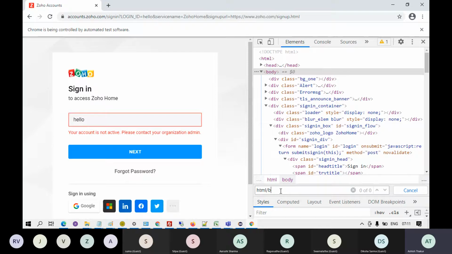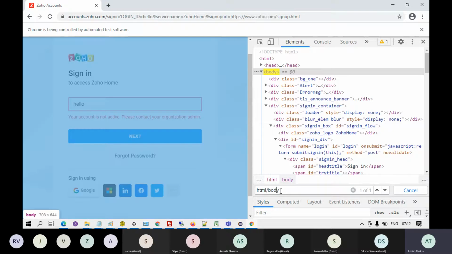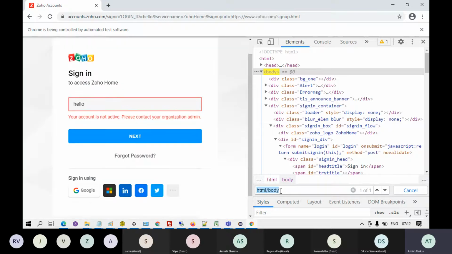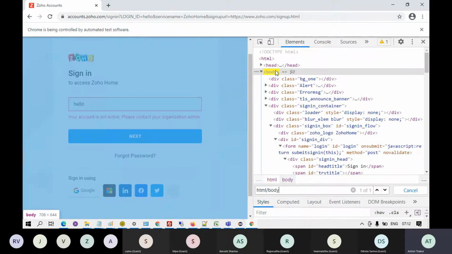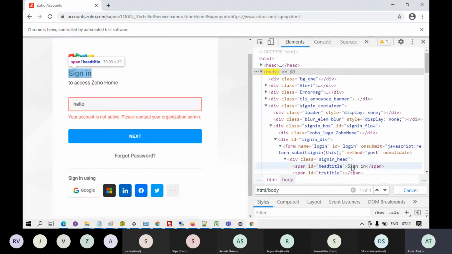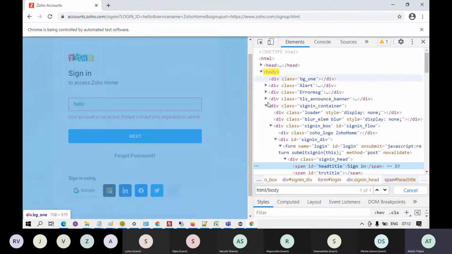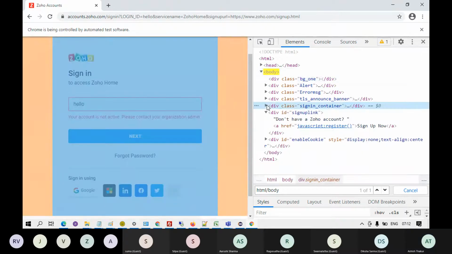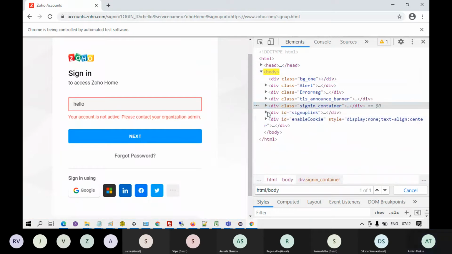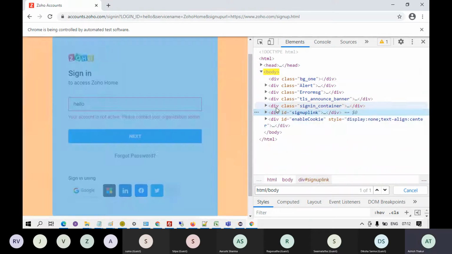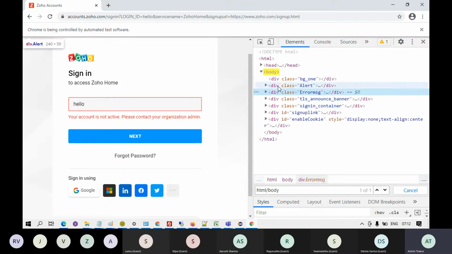So I'll write HTML/body. That means inside the HTML tag, go to the body tag. So the control reaches the body tag and body tag is highlighted in yellow. Okay, so we want to reach this sign in tag. Now inside the body tag, there are many division tags which are parallel to each other. You see that? All these division tags are parallel to each other.